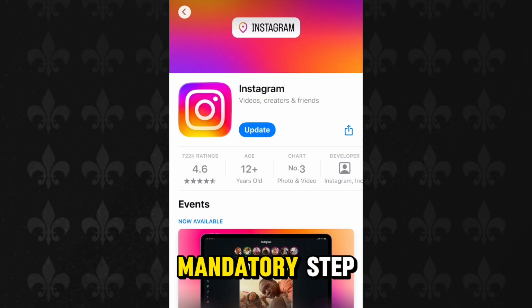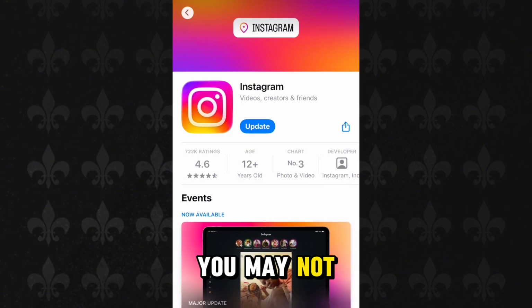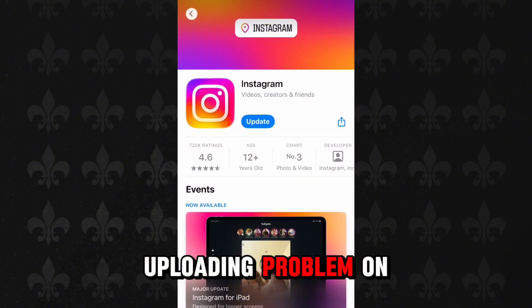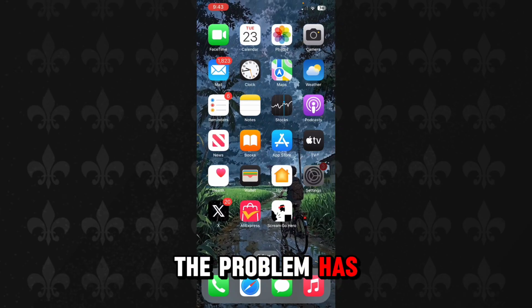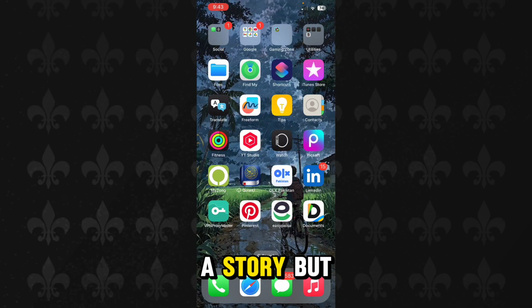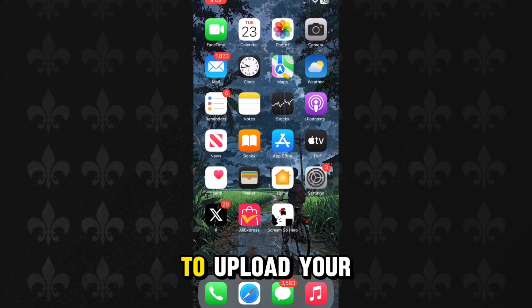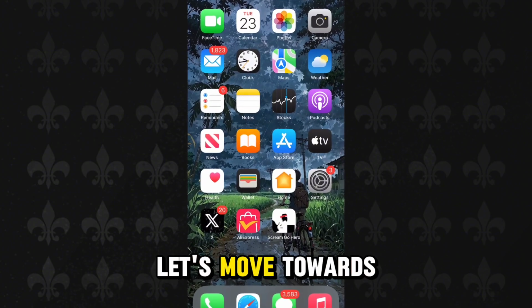This is the very first and mandatory step. If you don't do this, you may not be able to solve your story uploading problem on Instagram. So first of all, update your Instagram and see if the problem has been solved, and try posting a story. But if you are still not able to upload your stories on Instagram, then let's move towards the second step,